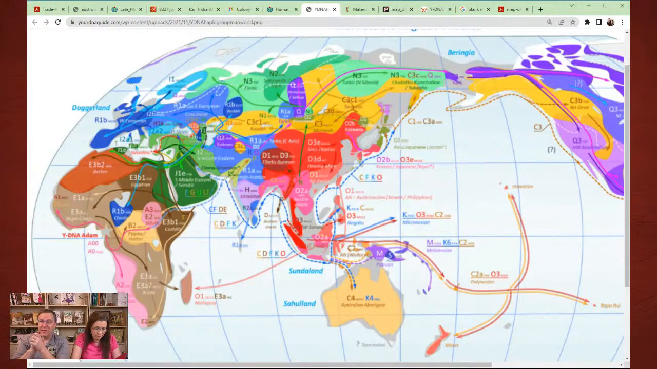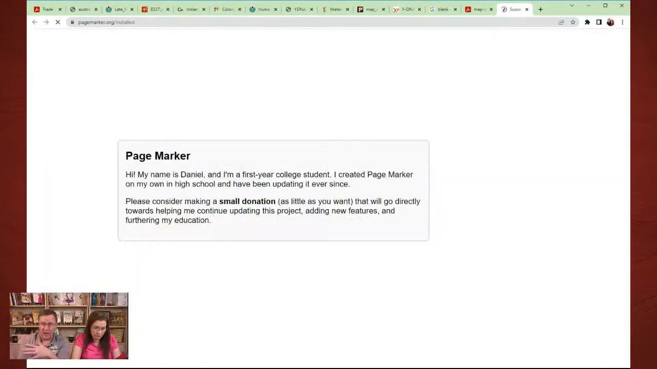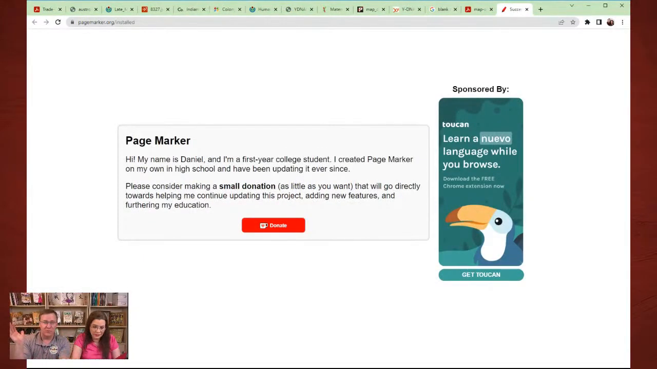But you can see that Y DNA is much longer than mitochondrial DNA by enormous orders. So mitochondrial is about 16,000 letters. Y DNA is about 43